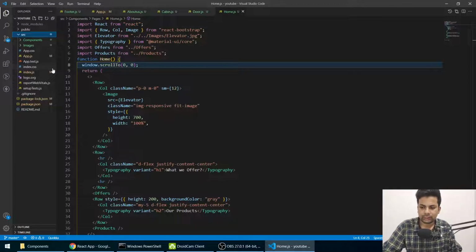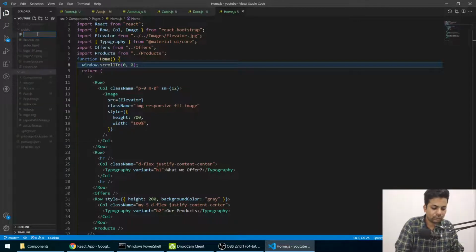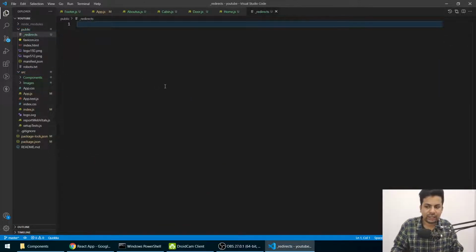Let me just check on my side, guys. There's one file you have to put, and my net has started working slow again, I think. Yeah, inside the public folder, just make a new file called underscore redirects. Just save it, and inside the redirects, put a slash and star, space, index.html, 200. So it's used for routing, so you have to push this file.